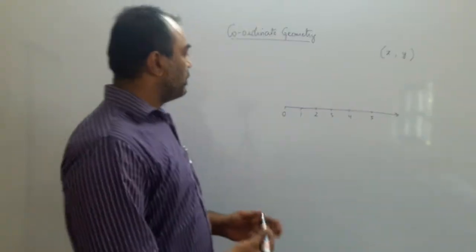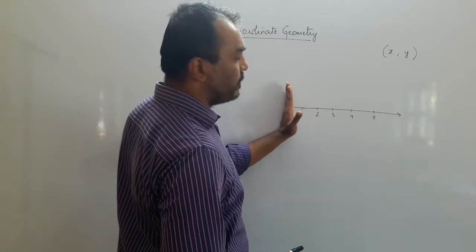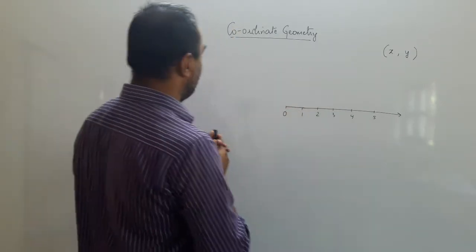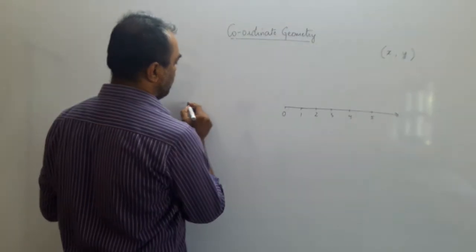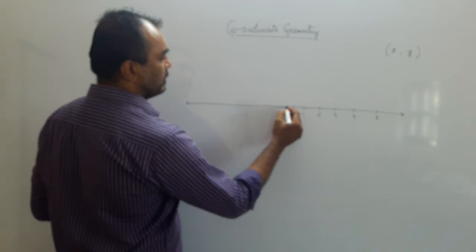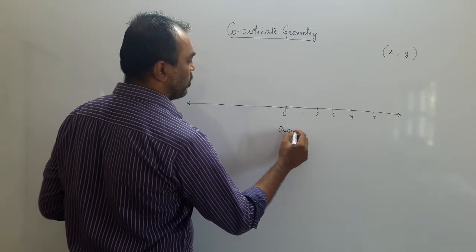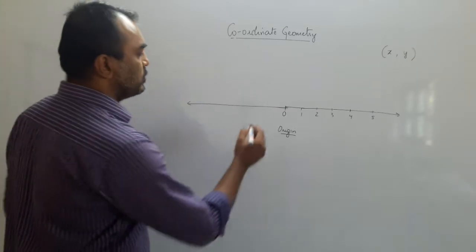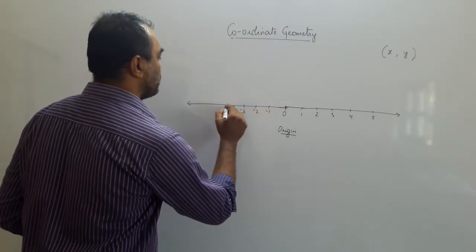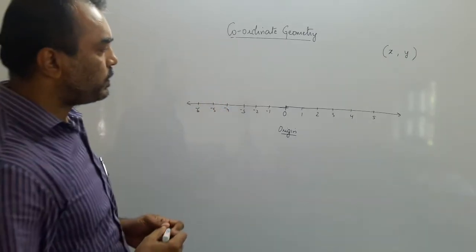Yes? Then if you place a mirror here, you will see the reflection of this line on the opposite side. So on the opposite side, this 0 is our origin point, or point of reference, and we call it the origin. So here we have got -1, -2, -3, -4, -5 and so on.